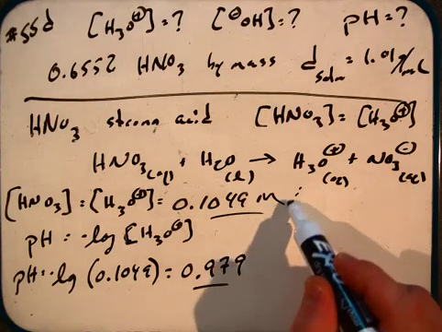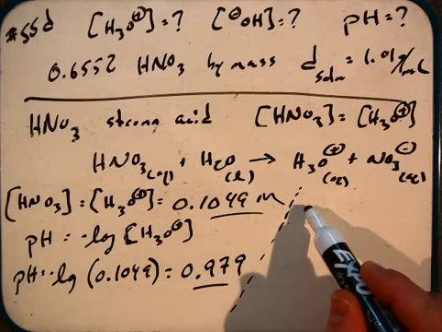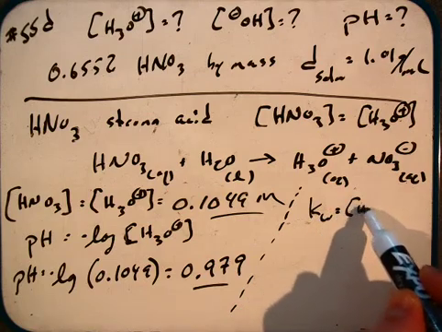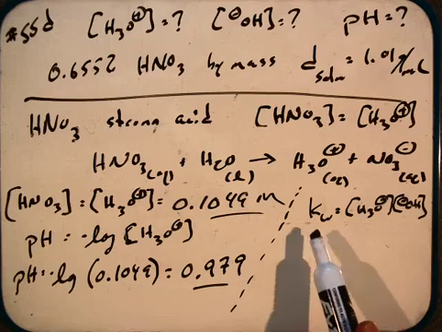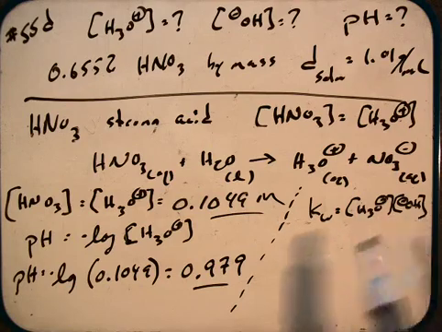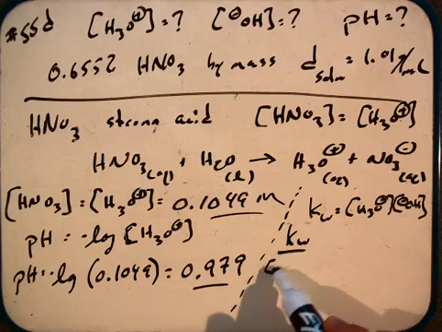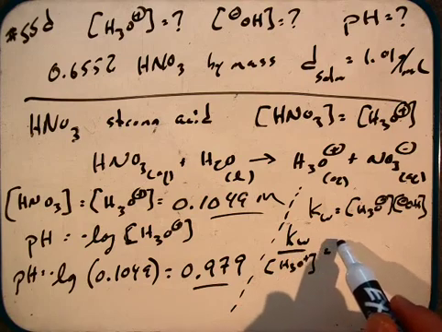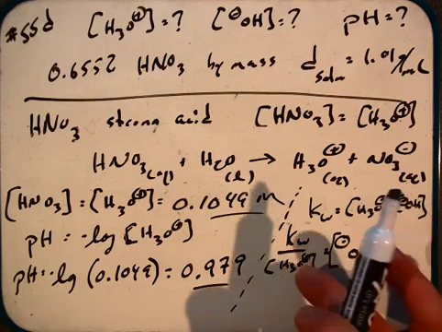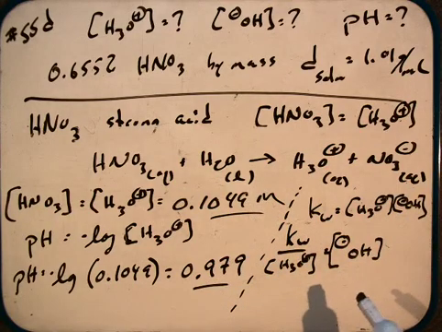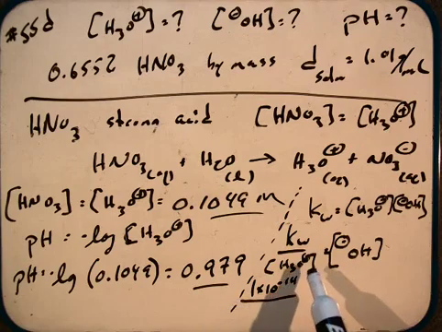To get at the other part to this question, figuring out the hydroxide concentration, we would have to use our autoionization of water equation to solve for it, meaning that the Kw is equal to the concentration of hydronium ion times the concentration of hydroxide. And so if we rearrange that, our concentration of hydroxide is equal to Kw over H3O+. And so we plug that in. We have 1 times 10 to the negative 14th over H3O+,